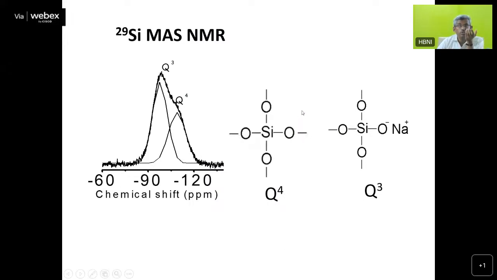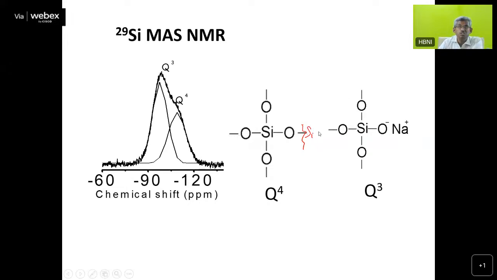So a bridging oxygen will undergo a scission. In fact, a bond will break here. Once the bond breaks, what happens? Because here already it is silicon, SiO, correct? Once the bond gets broken here, one O minus is generated here and one silicon plus is generated here. So O minus will be neutralized by one of the sodium in Na2O and the silicon plus will be replaced by ONa minus. So by putting one molecule of sodium oxide, you generate 2 molecules of Q3